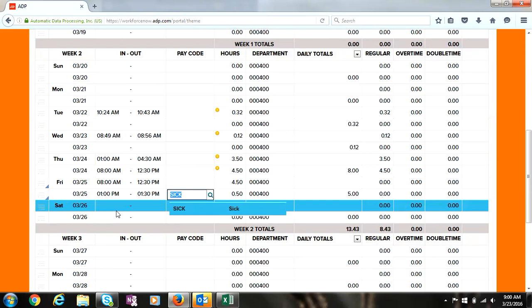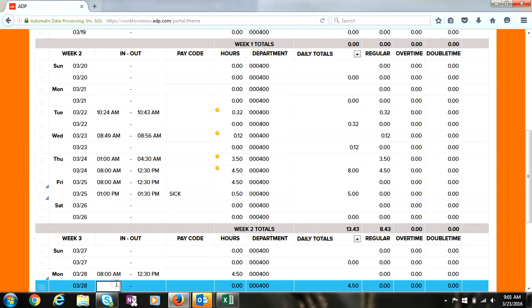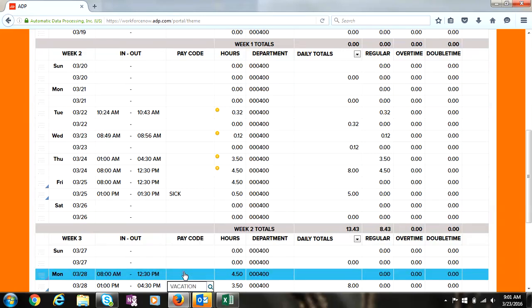Now, there's an additional way that you can use these pay codes. Say it's a new day. I know that on Monday, the 28th, I'll be out on vacation. So I'd put in my normal hours, 8:30 a.m. to 4:30 p.m. Cool, I'll put in my normal hours, but if I'm on vacation,